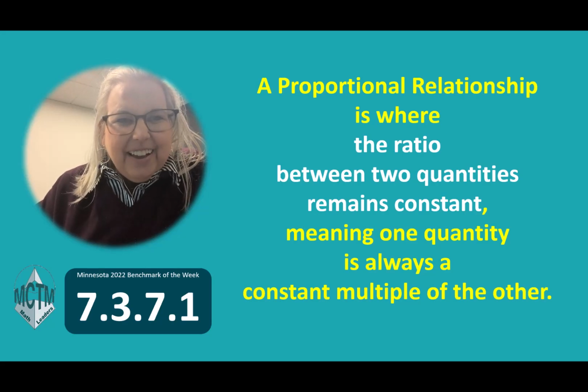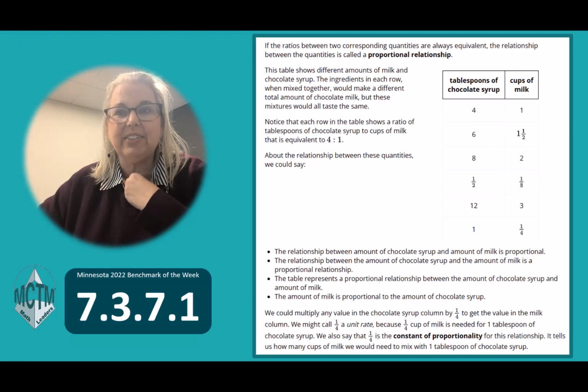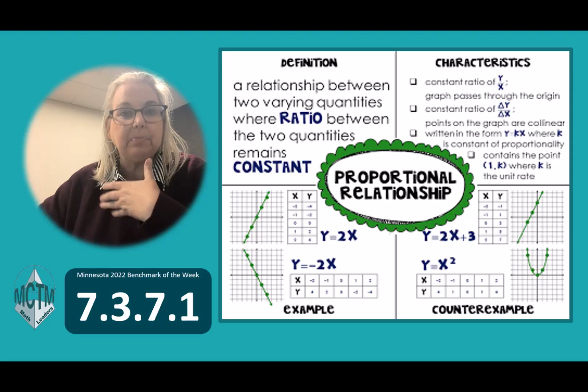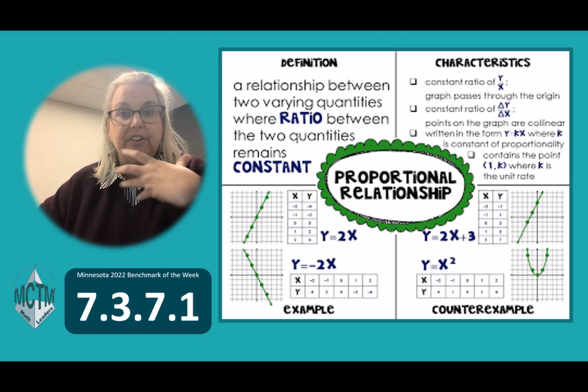Notice it doesn't say only a line that goes through 0, 0, and that we're giving them rich experiences with this, where they can experience this both abstractly, where it's not in a context, and then also giving them examples that are in context so that they have lots of rich examples and that our anchor charts are grounded in a richer definition